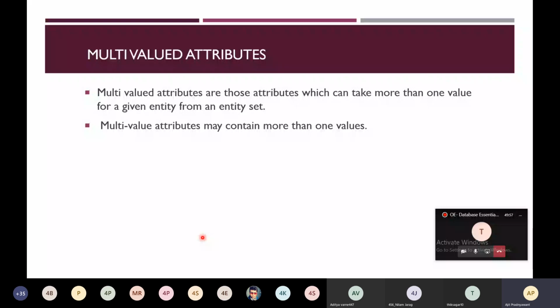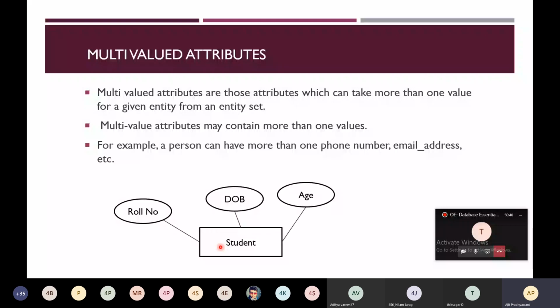Take one example. Here it is student. In the student, roll number is an attribute, date of birth, age, and this is the mobile number. A particular student can have two mobile numbers. So this mobile number is called a multi-valued attribute.